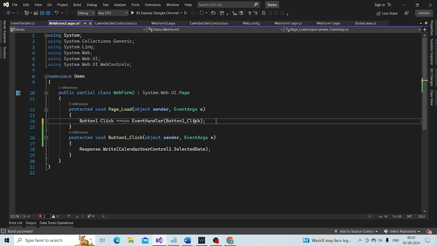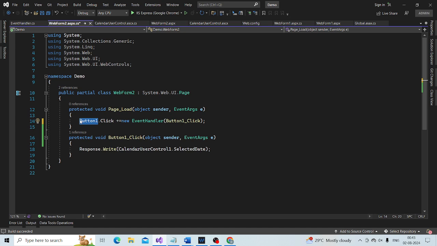If I press the tab, button1_Click is the method that needs to be called when this click event happens on this button1 control.